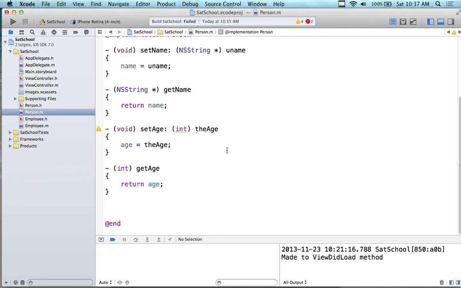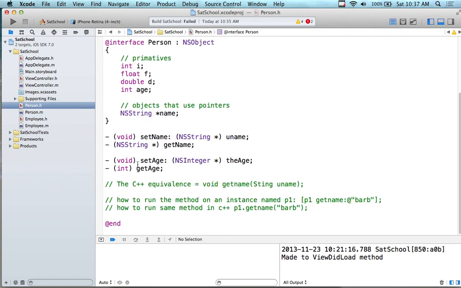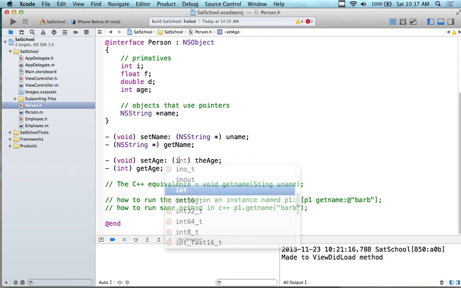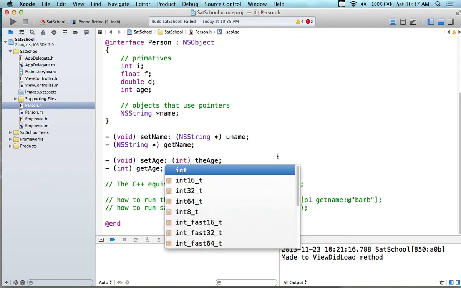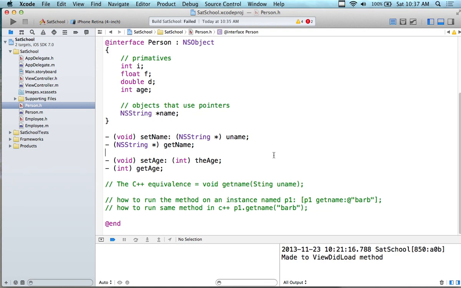And setAge, conflicting parameter types in implementation of setAge: NSInteger. Well, no, I changed it over here. Let's see, we didn't save it yet. setAge, oh, here we go. No, there we go. But notice that those are yellow and they're not red,